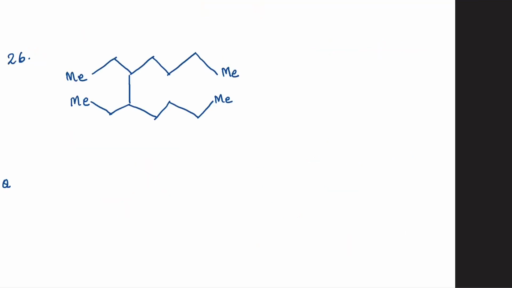Okay, now let's work on structure number 26, right? Did this make you nervous? No, I'm sure now with the trick in place, you would be able to figure out the longest continuous chain of the carbon. So look at the structure and see how many carbon atoms you have got here. So 1, 2, 3, 4, 5, 6, 7, 8, 9 and 10.